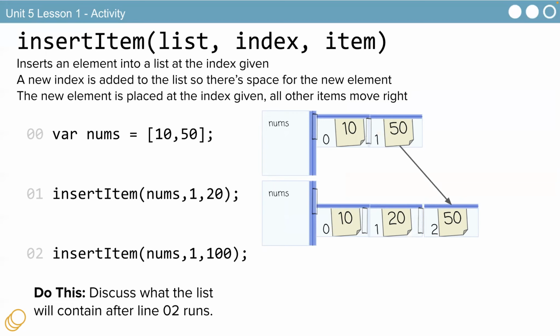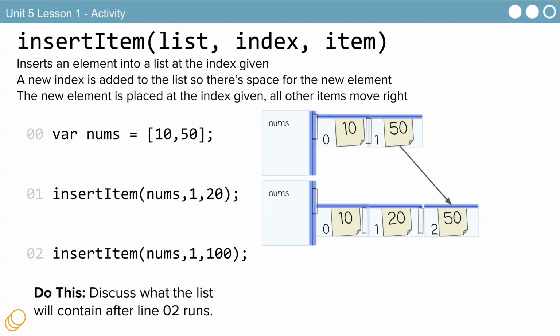Okay, inserting an item. You need three things: the name of the list, comma, the index number, comma, the item you're inserting. So we're creating a list with two values.